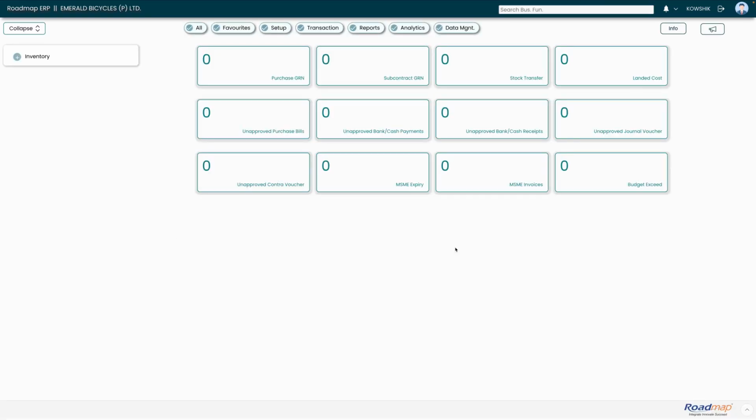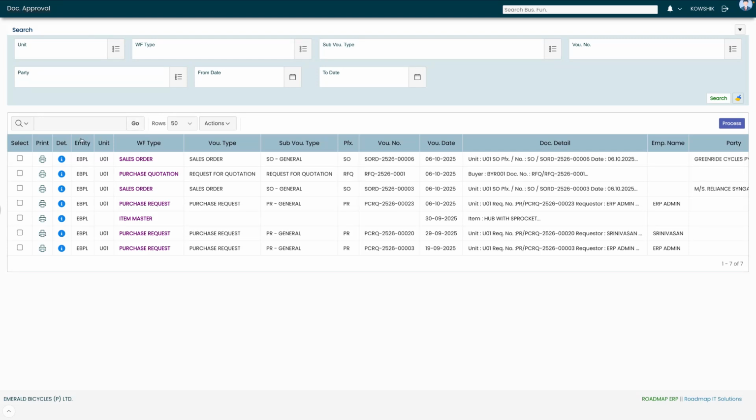And so I have logged in as our warehouse supervisor. So there's a login page of our supervisor. In order to review the document, click on this bell icon, go to your approvals. Here the document is waiting for the action to be taken up. When you click on this details,